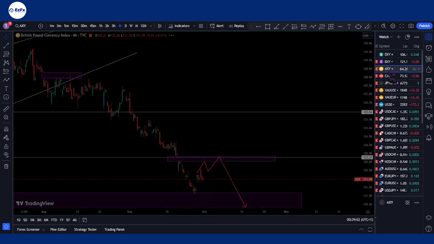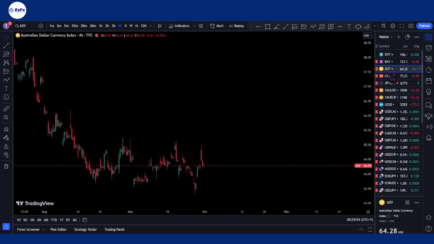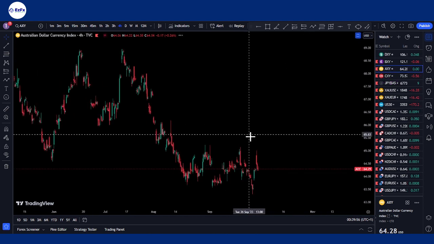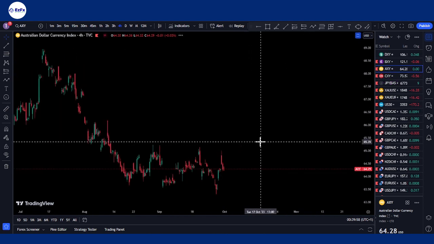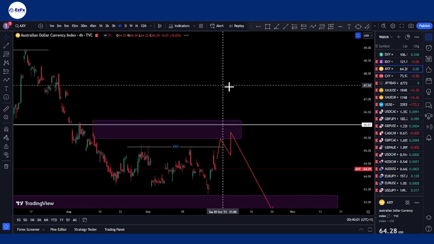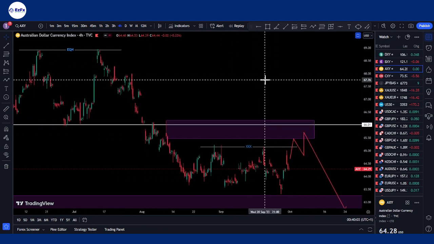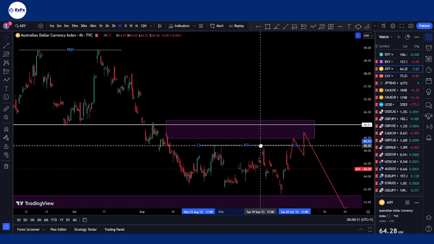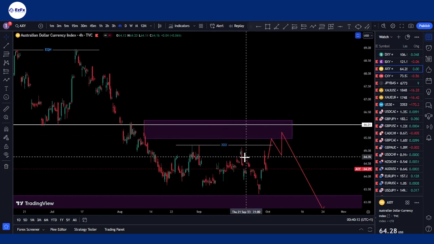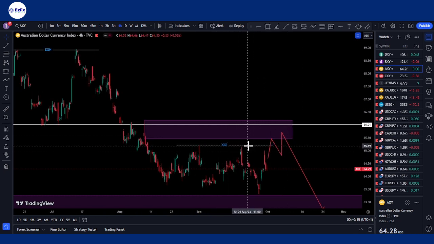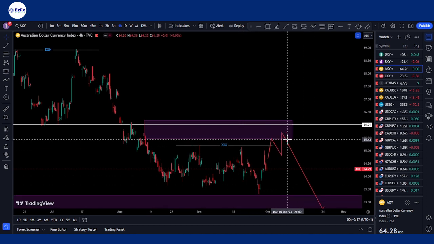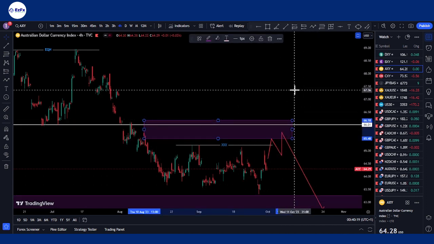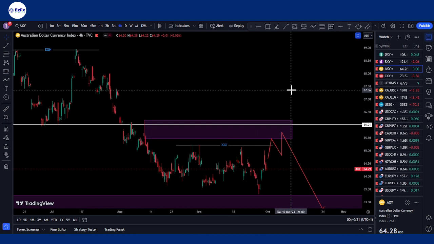Next up, quickly, we'll be going into AXY, which is the Australian Dollar Currency Index. As you can see here, as of last week, we're expecting that AXY would still break above this previous high around here, to come out there and take out liquidity from these equal highs here, and then probably buy up into this zone before we get to see our sell-off. However, we've not gotten to see that happen yet.